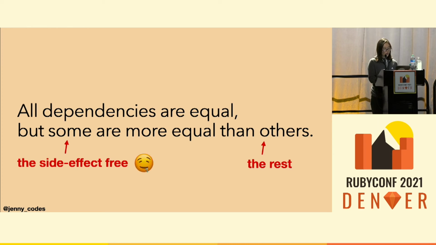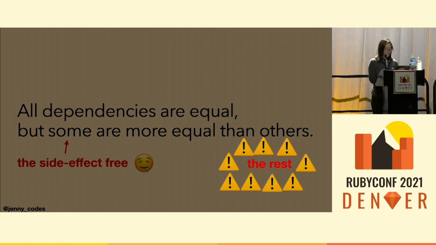The ones that don't have side effects are the ones that we desire, because we don't need to guess if some remote state will be changed by calling them. On the other hand, you have to be really careful about the rest, because they tend to reach out to the outside world and put your system into an unexpected state. There are more chances that they will give you trouble. In fact, we want to make them as obvious as possible so that even if they're unstable, they're at least expected.